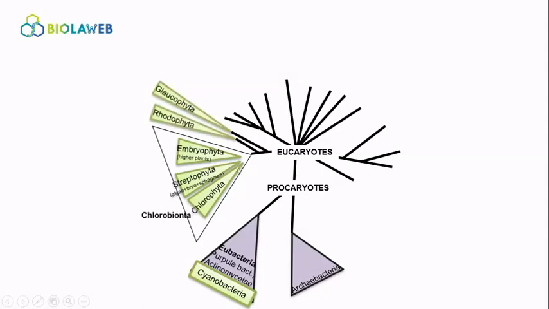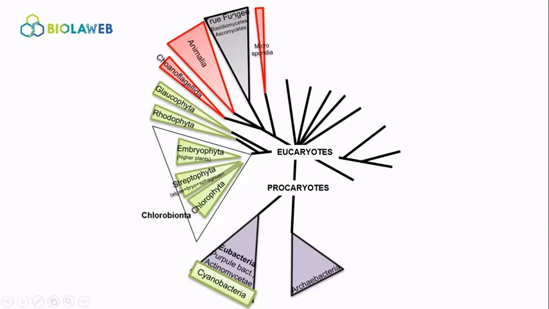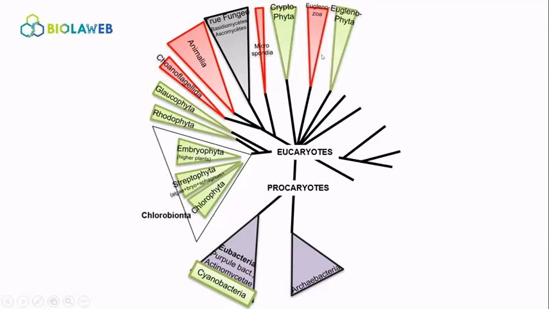Yes, this is for you, Alexandra. And more basal, you have Rhodophyta and Glaucophyta, quite near this Chlorobionta. Here you have animals and fungi. So what else? Cryptophyta. Here we have euglenids,